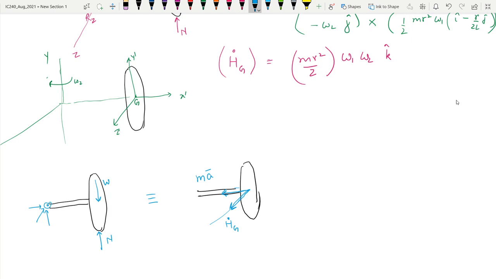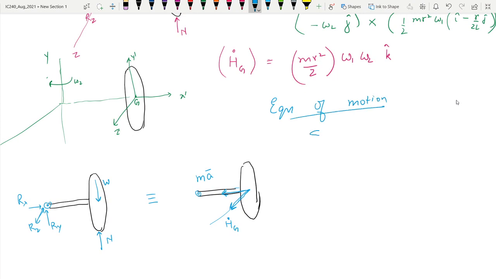So now we can say that these forces Rx, Ry, Rz, all the external forces on this system, are causing this system to have an acceleration, the center of mass is having an acceleration ma, and this rate of change of angular momentum which is along this k cap direction. So now we can write the equation of motion,